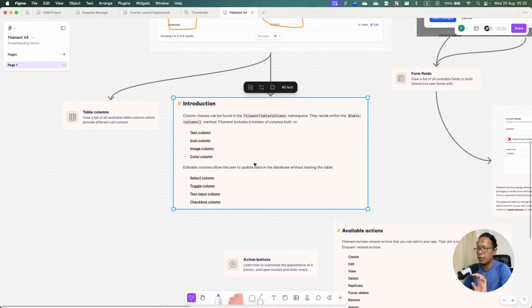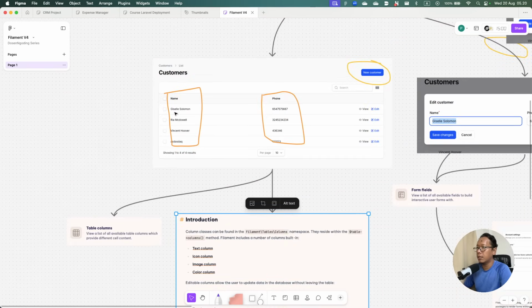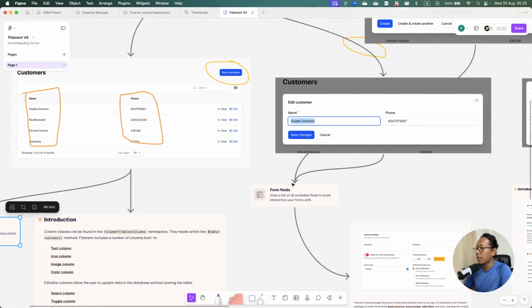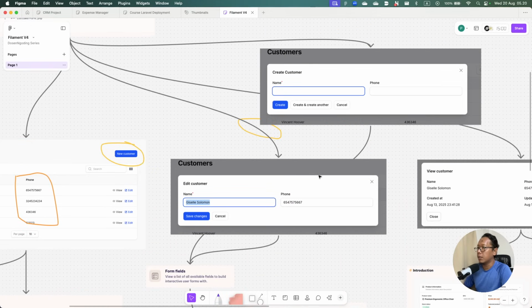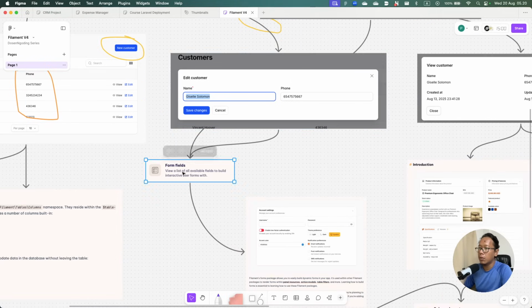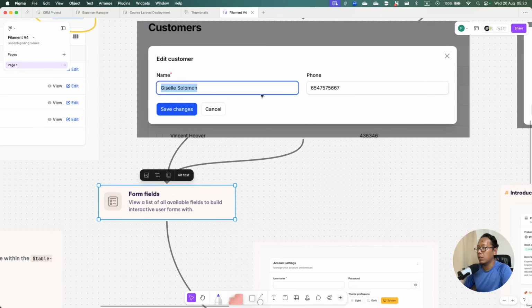So that's a very simple trick. When you're confused about what you need to modify in these tables, then you go to this table column documentation. Similar things happen when you want to modify the forms, both edit and create forms. You will have to go to the form fields documentation, because, for example, if you want to add